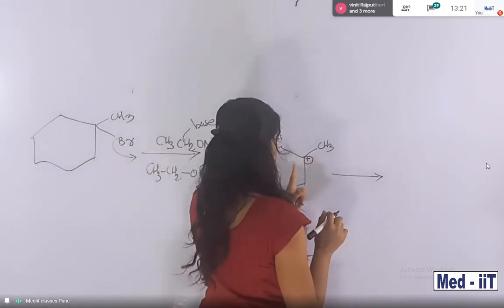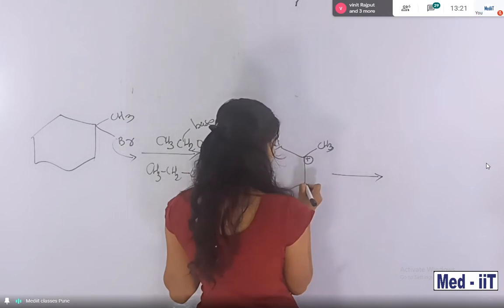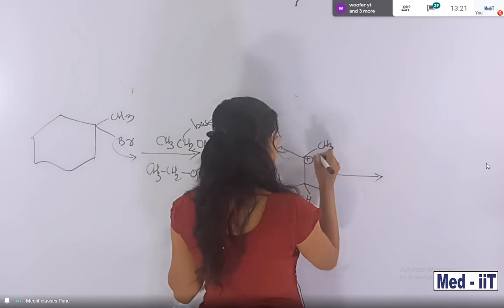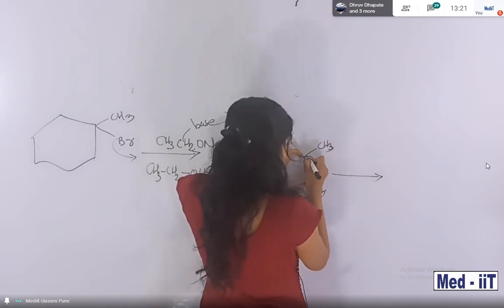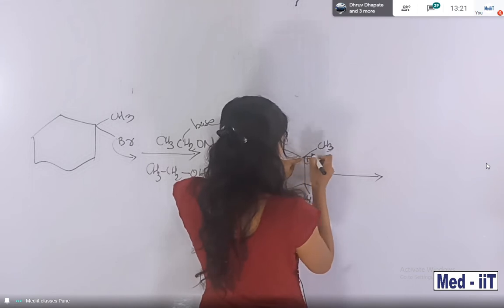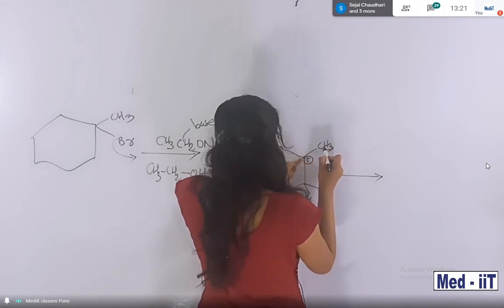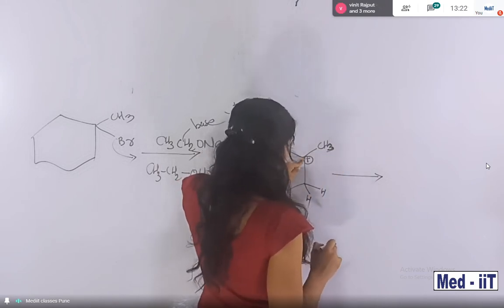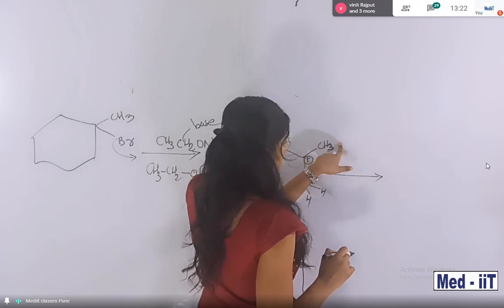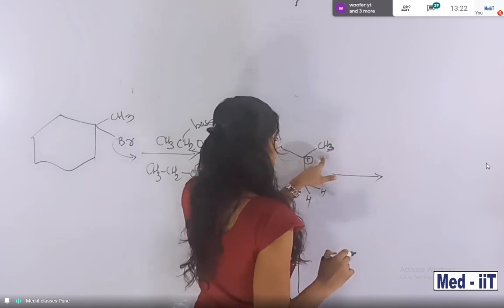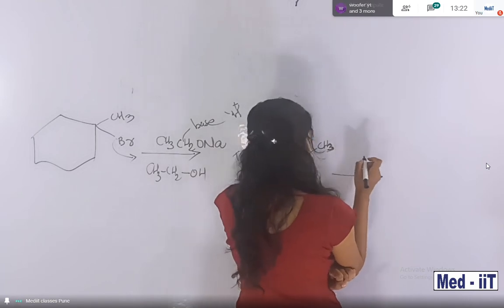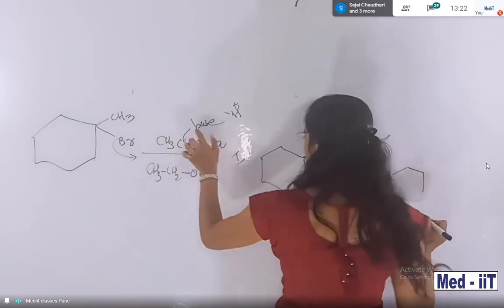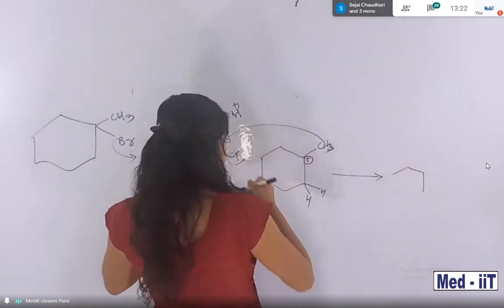Students, look, this is the carbocation. Here is CH3, and here also two hydrogens are there. Near the carbocation, the carbon contains three hydrogens, and that hydrogen can be abstracted as a proton. Suppose this proton is abstracted. So one proton is abstracted by this base. This base abstracts this proton. What happened?